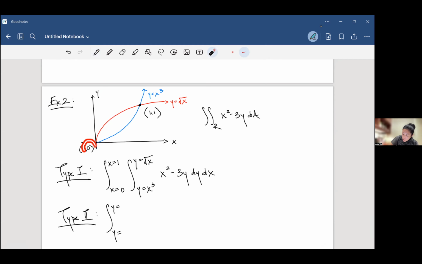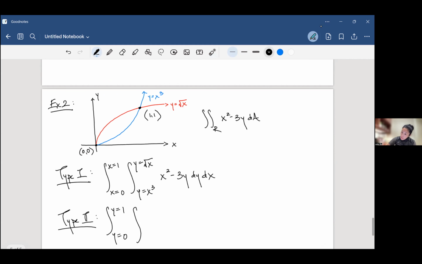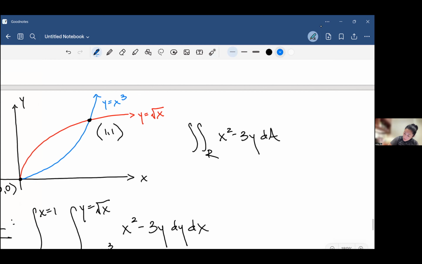And so let's see, our y starts at 0 and it goes all the way to 1. So we go from 0 to 1. And this time, instead of going top bound, bottom bound, I'm going to go right bound, left bound. Okay. So the blue curve is on the right, but another way of saying y equals x cubed is, let's